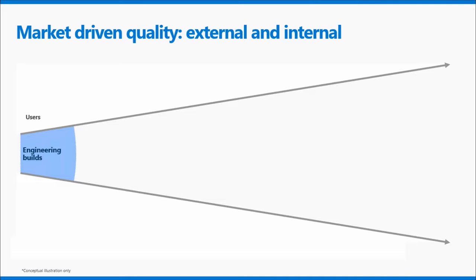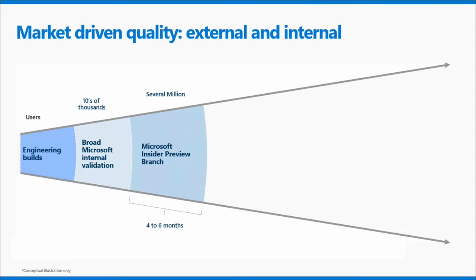So as each daily build is created, it's deployed broadly inside of Microsoft. After we've passed the canary test, we can then expand out more broadly inside of Microsoft to pretty much anyone inside who's willing to test it out. After it's gone through that type of validation, then we can finally make it available to the insiders. So the insiders will go through a work in progress. They'll be trying out new capabilities as they're being written.